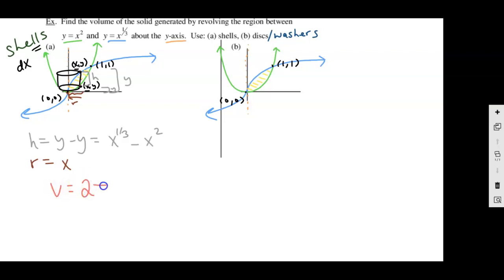Remember, for shells, it's 2 pi out in front. It's 0 to 1, but it's 0 to 1 this way. 0 to 1, and it's 2 pi r h, so x. And then I've got the cube root minus the parabola. There we go. Okay, now that integral, we could multiply it out, we could integrate it, and we could leave it in terms of pi. That's great. But we're just going to math 9 it, and then we're going to get that the volume is